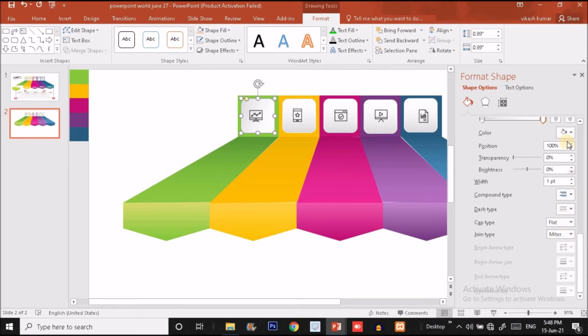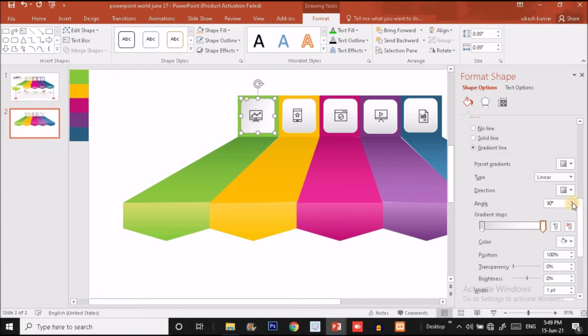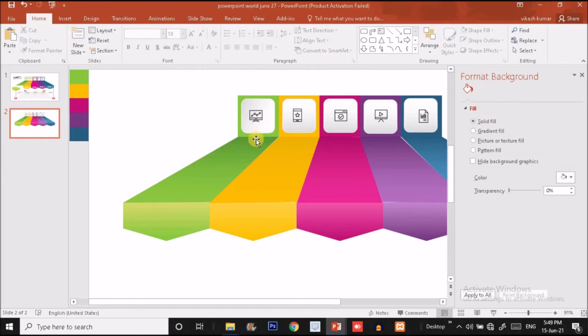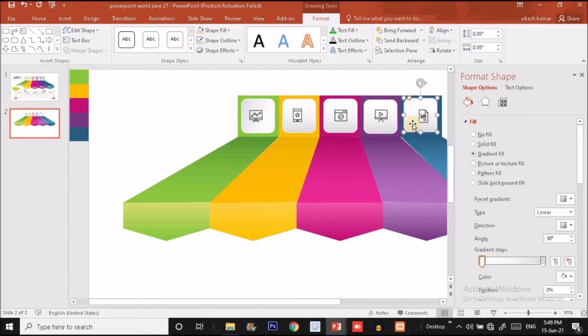So for the outline, we will go to the line option there, and inside the line option we will change the angle like this. Okay, now it will give a depth effect. So you have to do it with all 4 shapes, guys. Okay, so I'm leaving it for you.